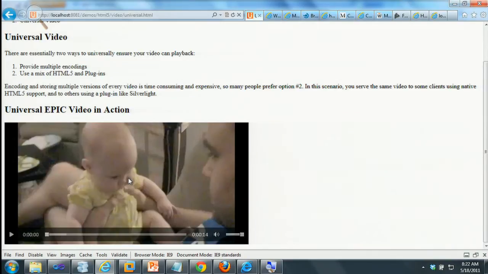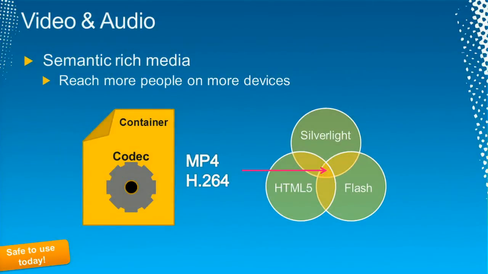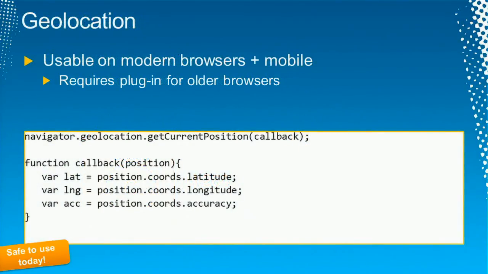Good. So the next thing we want to talk about then, and the next one I think is pretty fun, geolocation. So geolocation gives you the ability to know where in the world your users are. It's actually broadly supported on all modern browsers today, including IE9, Chrome, Firefox, and especially on mobile devices. A very simple API,